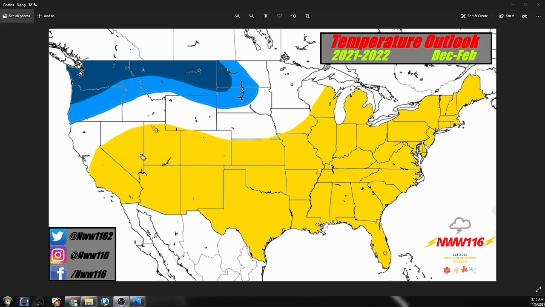Pretty much the southern parts of the country and the southwestern parts of the country, leading all the way up into the northeast. Now, this is leaning towards the above average. This isn't dramatically above average, but we do have more shades we'll look at here in a second. Generally, areas in this shade just show that it's leaning towards the above average temperature mark in terms of this winter.